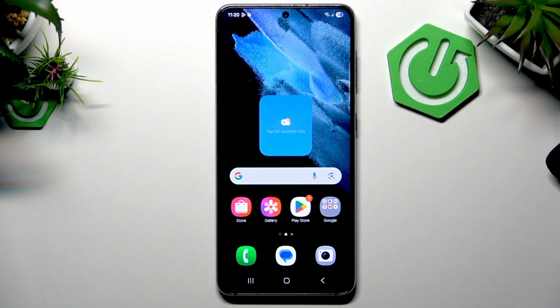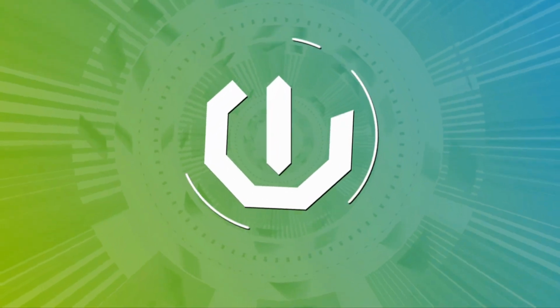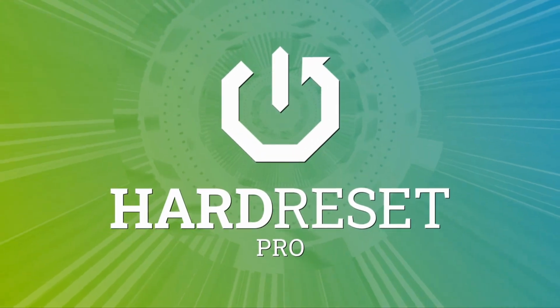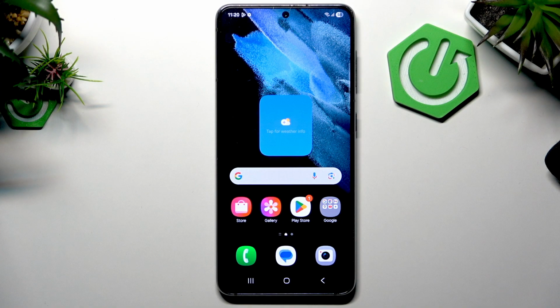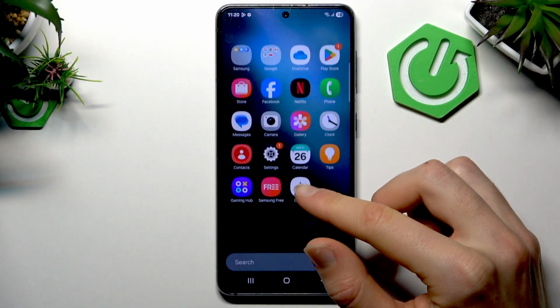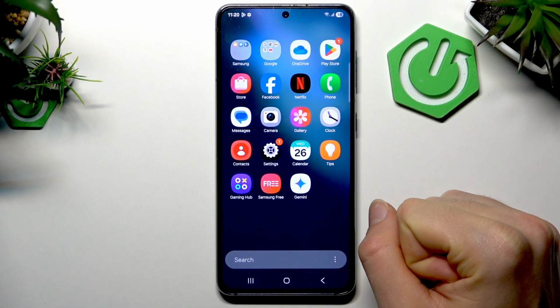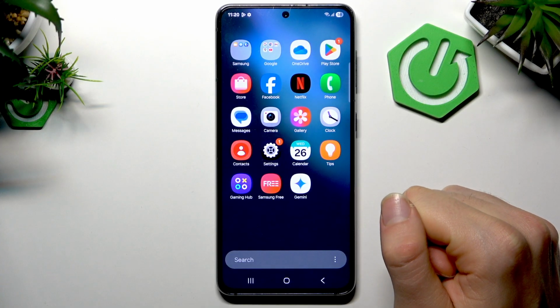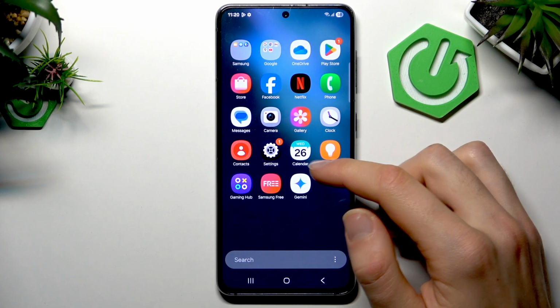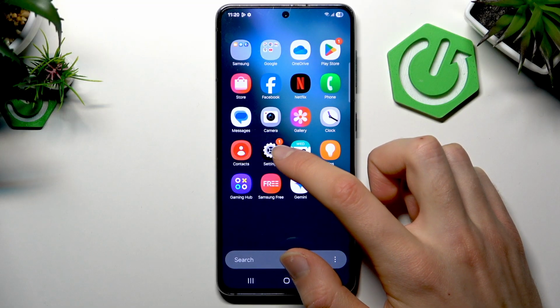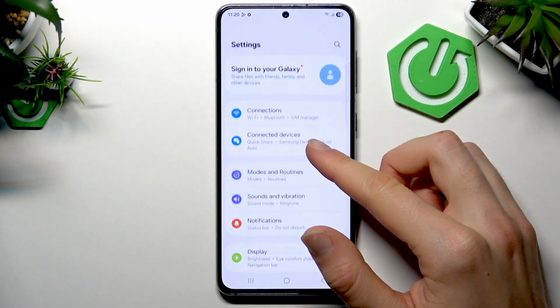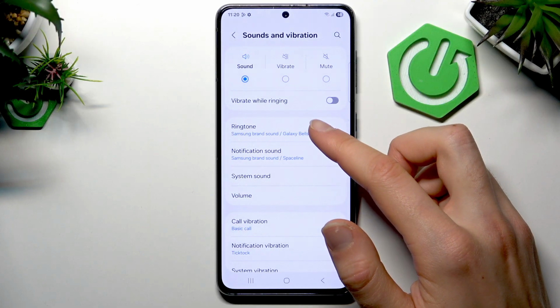Today I'm going to show you how to set a custom ringtone on Samsung Galaxy S21. So basically, if you want to set your favorite song or any other sound as your ringtone, I'll show you how to do it. So first up, make sure you have an MP3 of your favorite song or any other sound on your phone. And then go to Settings, Sounds and Vibration, Ringtone,